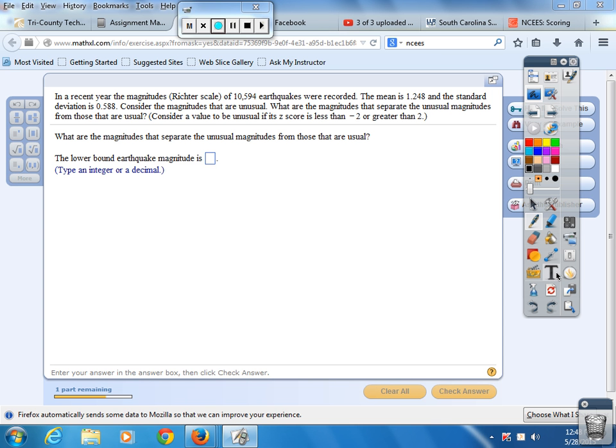What's wrong with the chair? Oh, just too crowded. All right. So